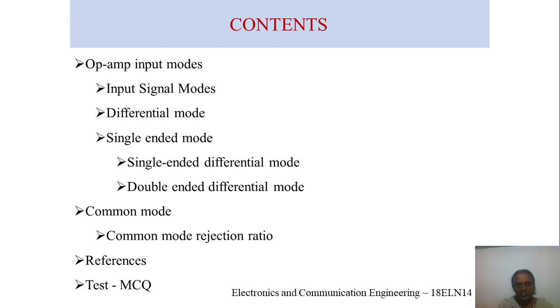Finally, we'll come to the applications of an op-amp, where you have to learn the different types of applications where it can be used: as an inverting amplifier, non-inverting amplifier, summer, or the other name, adder, voltage follower, integrator, differentiator,